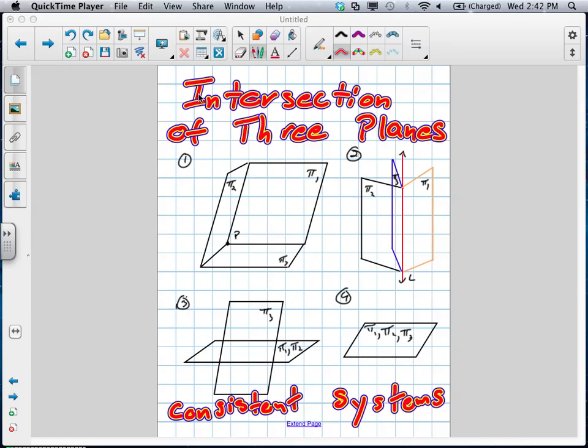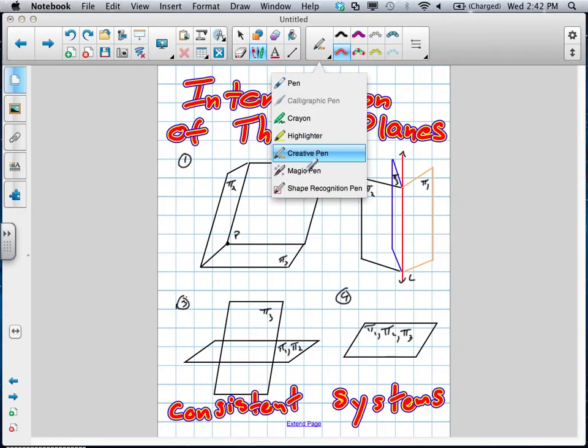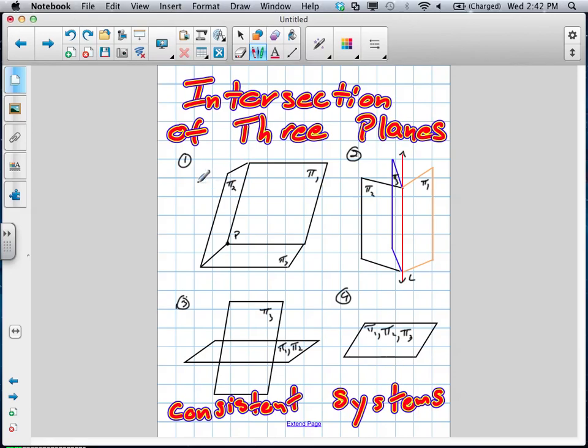Okay, this is lesson 9.4, intersection of three planes. So I've done my best here to represent what this might look like. The first case is when you have three planes, all kind of go in different directions, and they intersect at